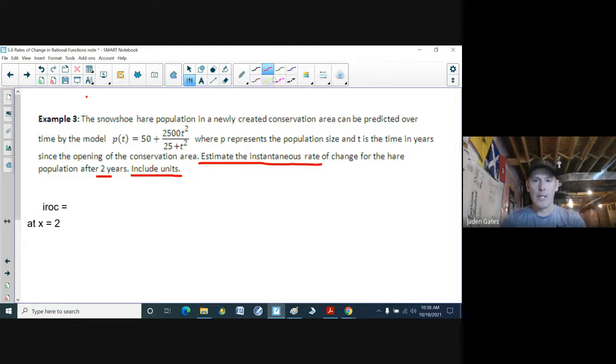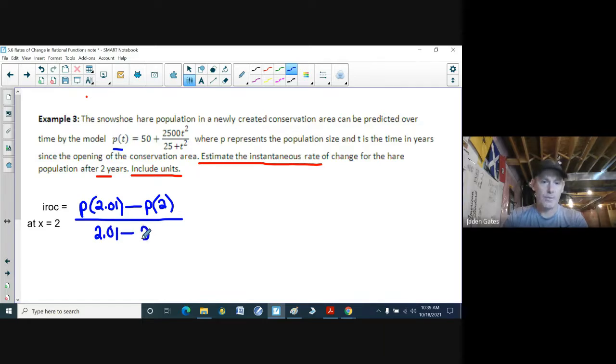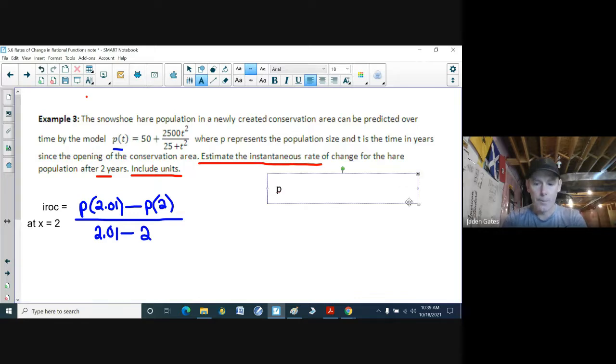So what our formula is going to look like, well, we have the P formula here, so I won't use f of, but we're going to use P of 2 plus a little bit, so 2.01 years, minus P of 2, divided by x2 minus x1, which in this case is going to be 2.01 minus 2. All right, so I have this huge equation over here. Let me see. P of 2 first, the whole number. I'm going to get 50